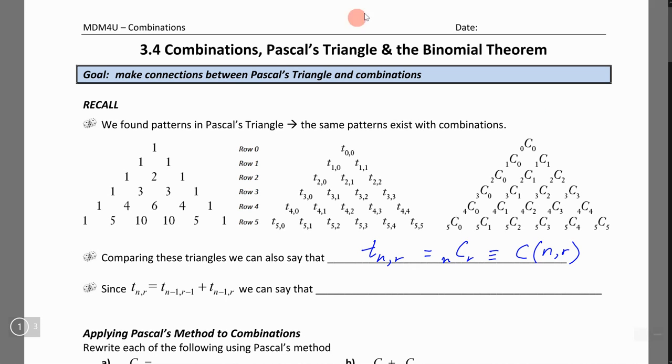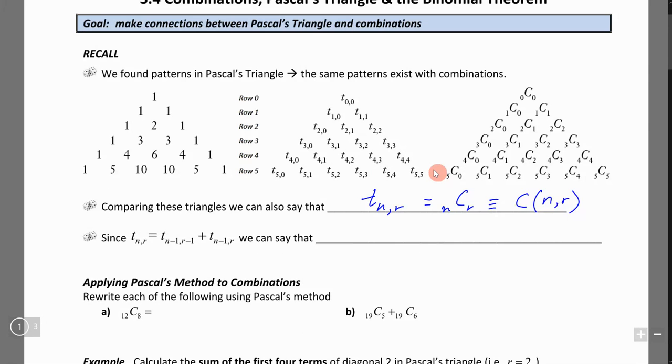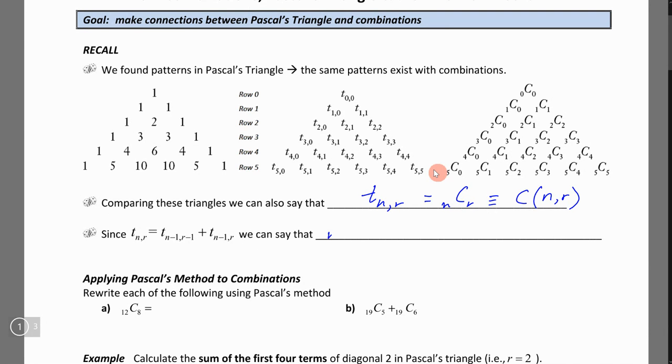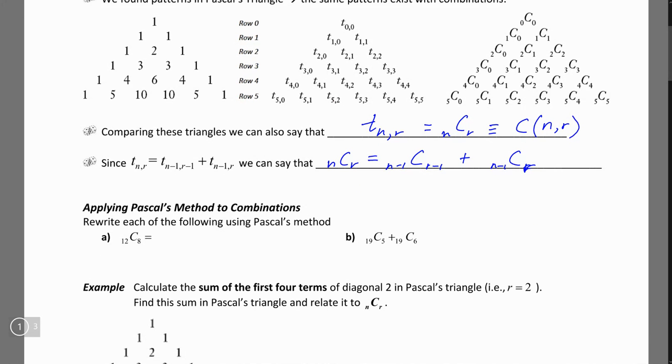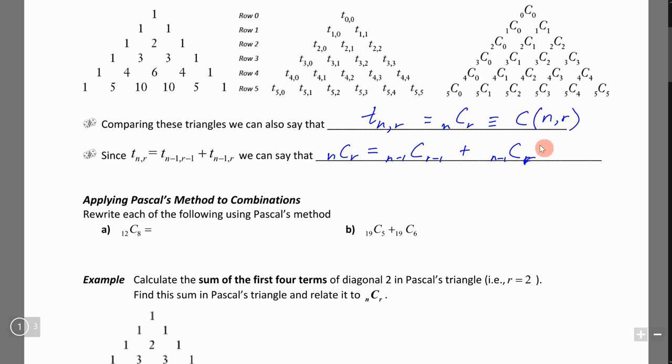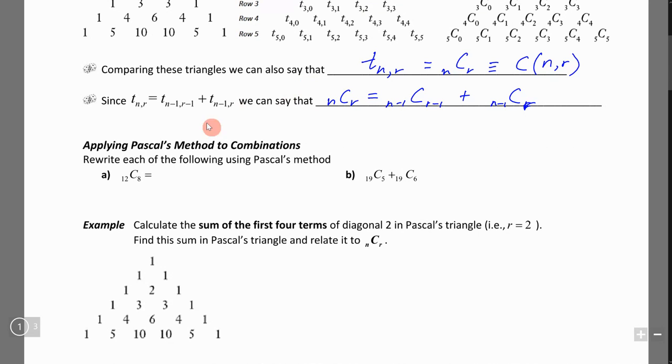And the same rules that you use for the notation of each term can also be applied to combinations. So I can also say here that nCr is equal to n minus 1 C r minus 1 plus n minus 1 choose r. And we can use this relationship and apply this Pascal's method to any kind of combinations that we have,